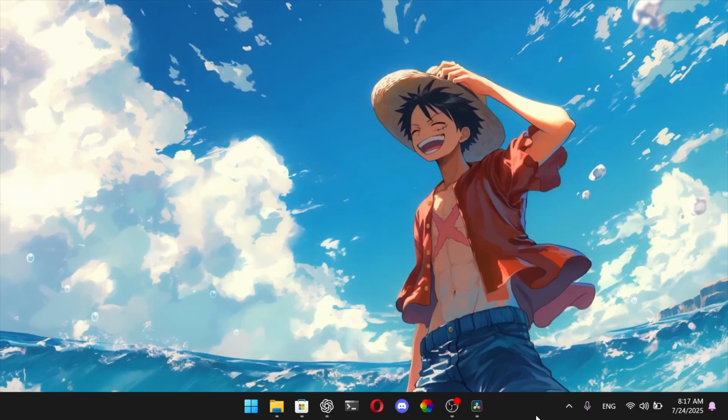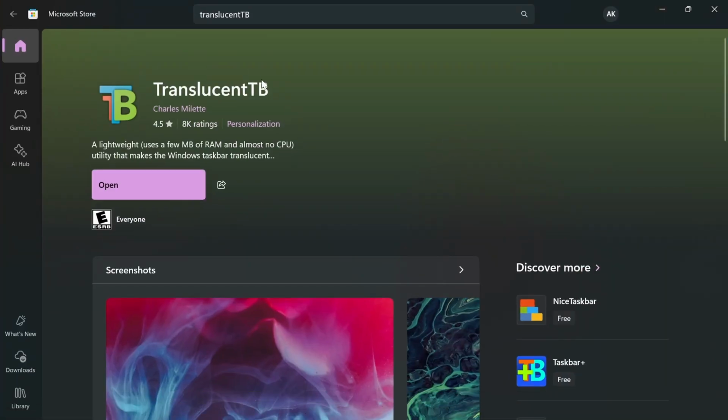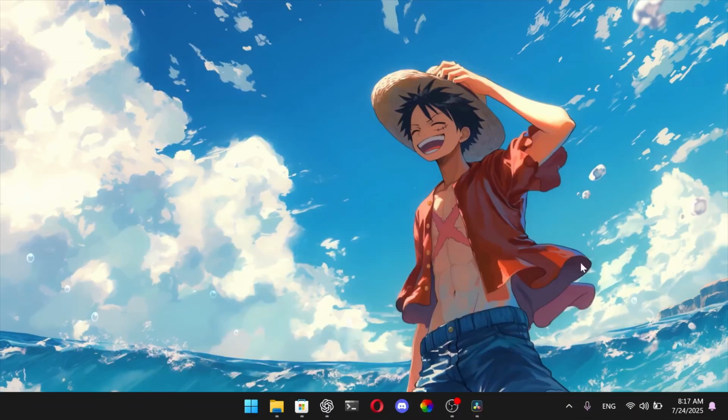Next, make your taskbar look clean and transparent. Simply go to the Microsoft Store, then search for Translucent TB and choose this app, then click install. I already installed it. You don't need to open the app, just simply go there and right click on the